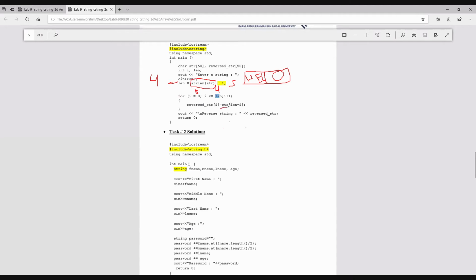I will start here from len minus 1 minus I. For example, I is 0, so 4 minus 0, which is 4, will be saved inside character number 0. Then 3 will be saved inside character number 1, and 2 in 2,